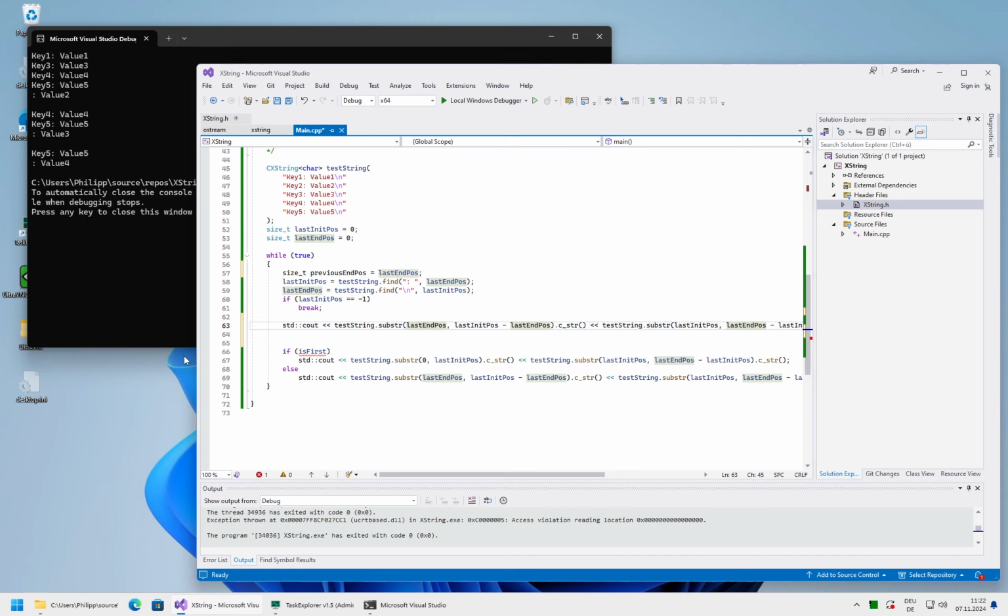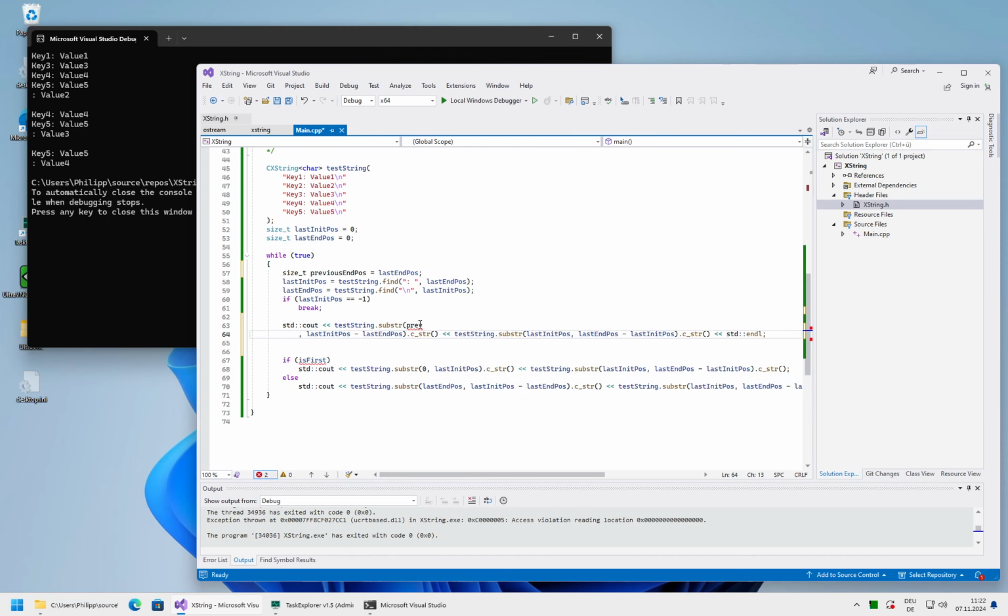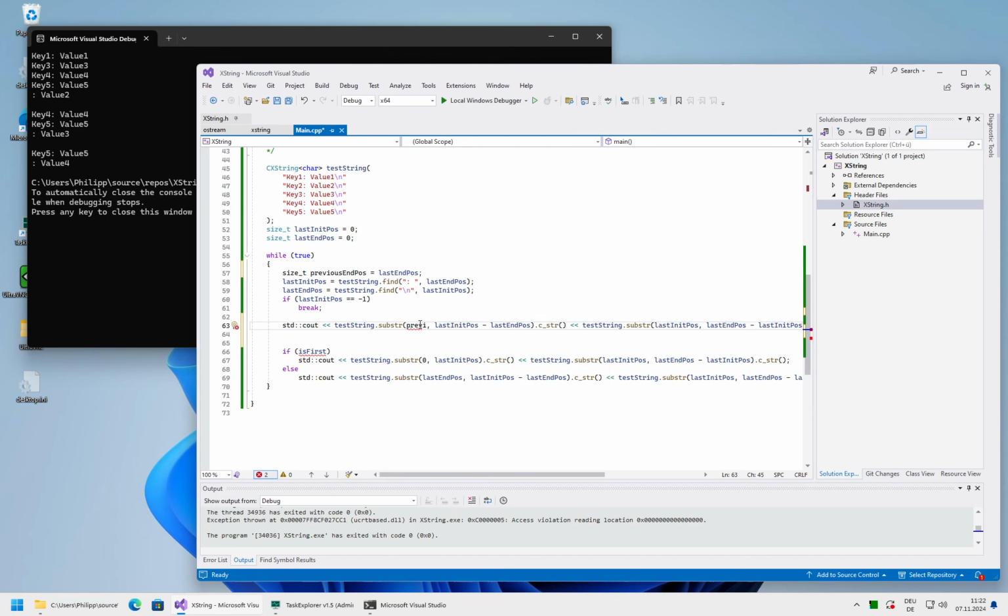Well, technically you need to check whether it would contain the backslash n, it would print the backslash n, except if you're in the first case. So the way I would do it is, when the loop ends, increment last end pos by 1. So after the loop, inside the loop, yeah, previous.